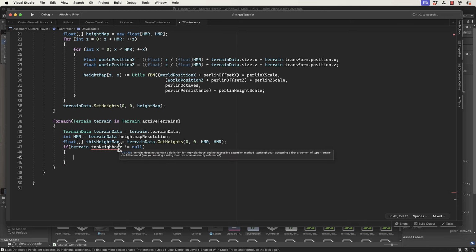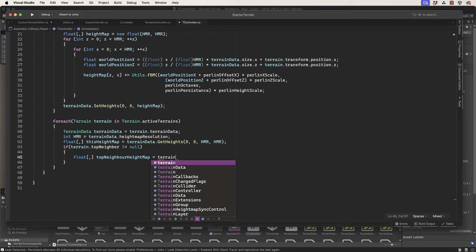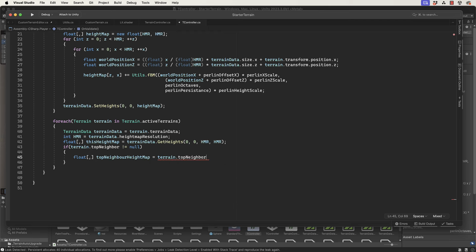And I have to remember to use American spelling for neighbor. So if that, then we're going to go float topNeighborHeightMap equals terrain.topNeighbor.terrainData.GetHeights 0, 0, HMR, HMR,